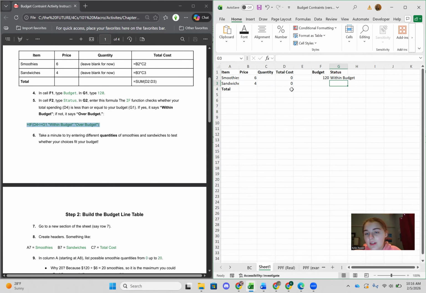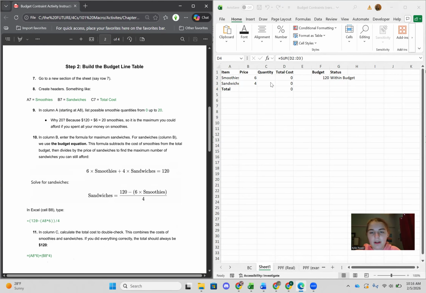So we've spent nothing, so we're within budget. If we want to spend a second, we can easily play around with this and put in a bunch of quantities. So if I said 12 and then I said 12, look, that's right on budget. If I said 14, that's